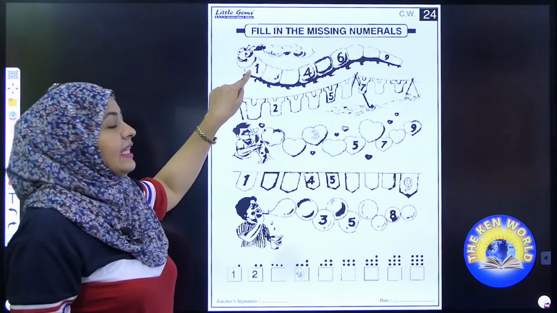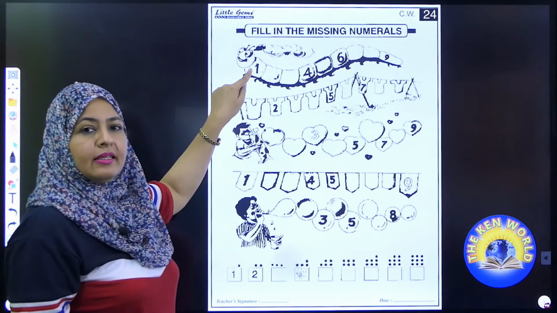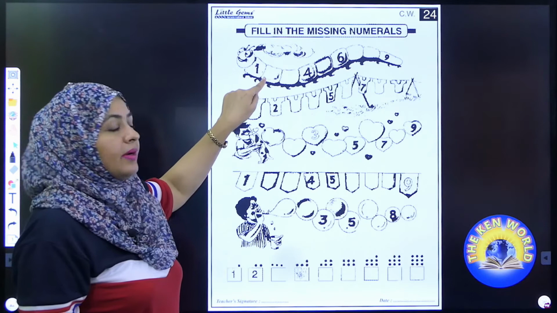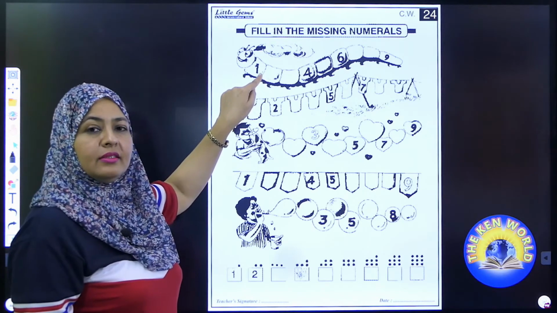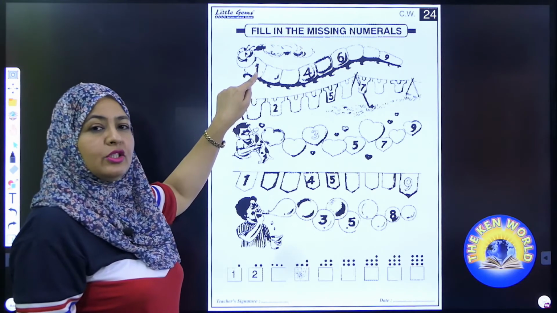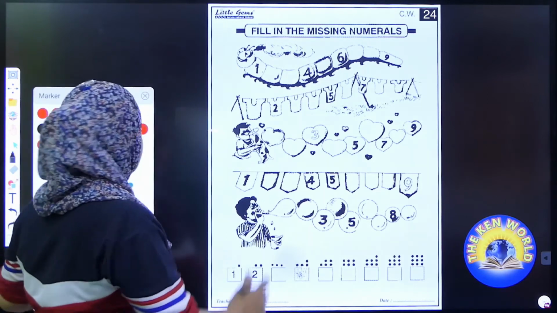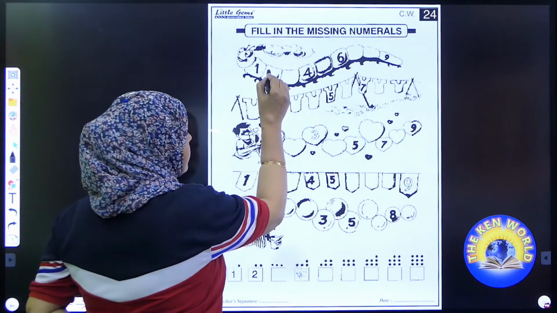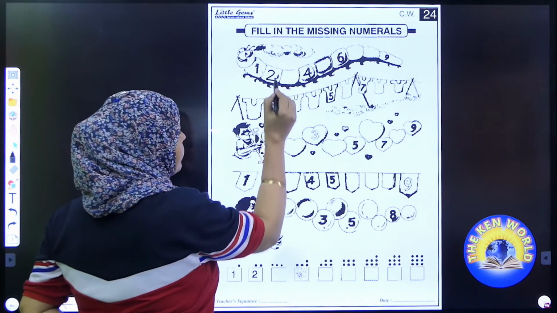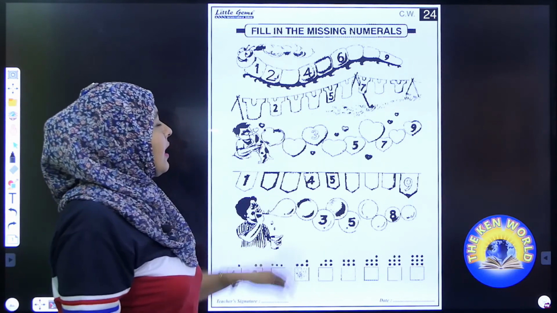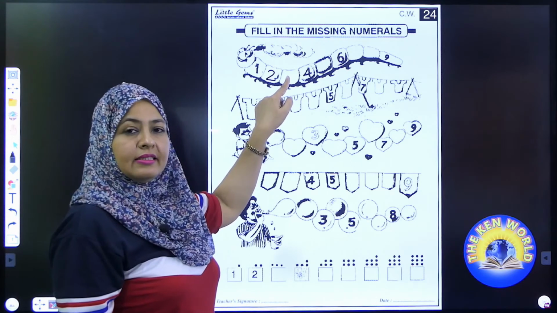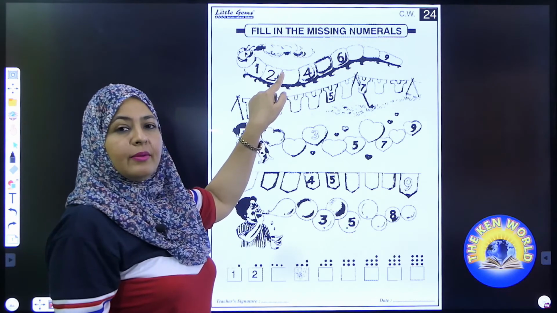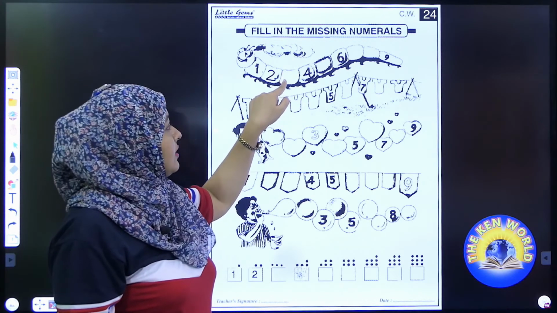Here you can see number 1. What's the next number? Speak out. Good. Number 2. Right here, number 2. After 2 it is? Good. Number 3, which is not there.